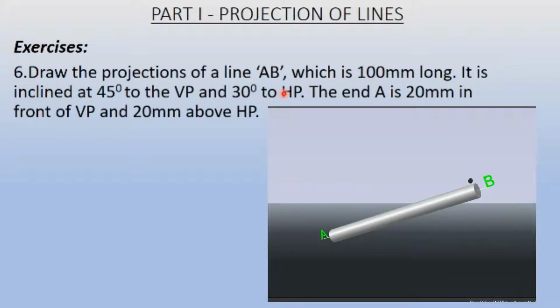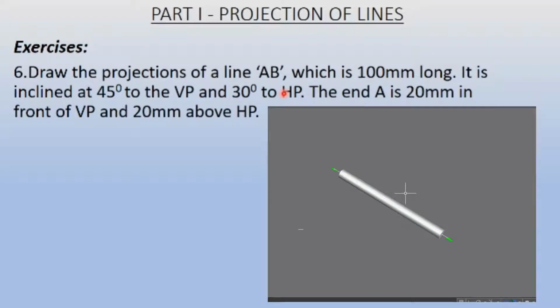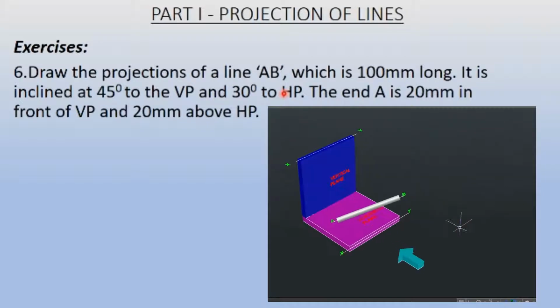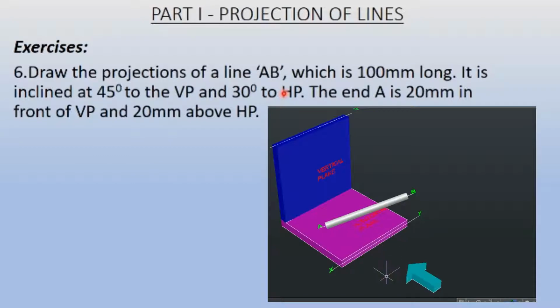So for this question, this is going to be our front view, a line which is inclined to the horizontal plane at 30 degree, and this is going to be our top view, the line inclined at 45 degree. So its position in the 3D space is something like this. We have to imagine like this, and accordingly we have to draw this in the drawing sheet. So one more time, it is inclined to both the planes. That means it is neither perpendicular nor parallel to both the planes. So we will draw its front view and top view now.